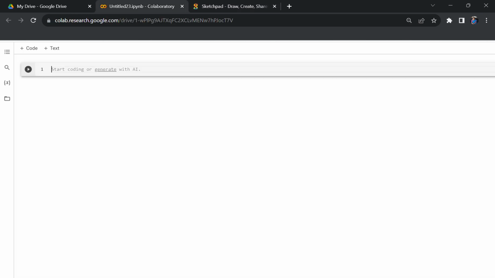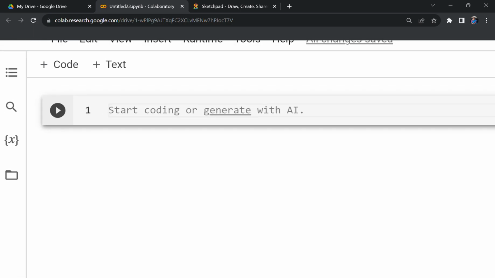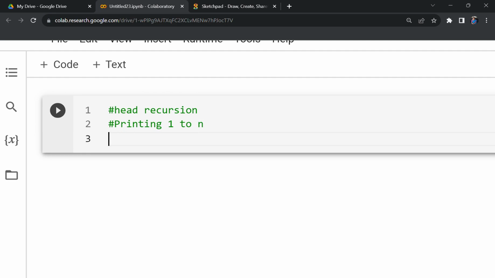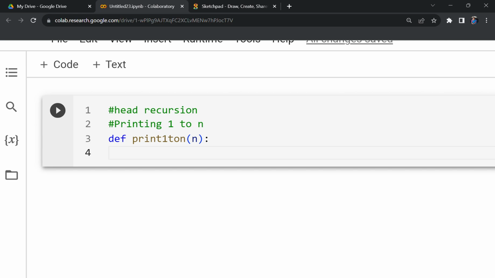So here I am considering one example. The example is printing 1 to n. Printing the numbers 1 to n. So here we will see the name of the function I am going to write is print 1 to n and it takes one parameter n. What is the base condition that I am going to write here? If n becomes 0,